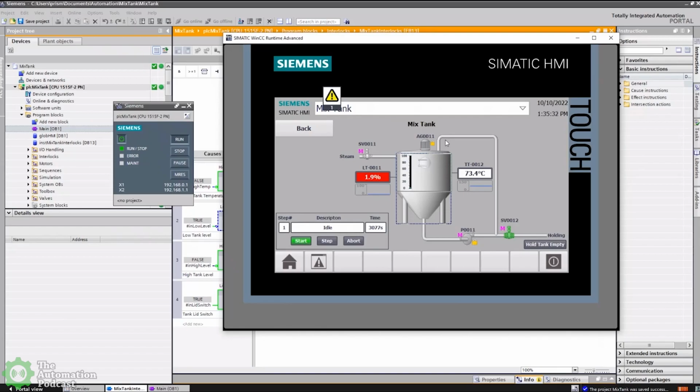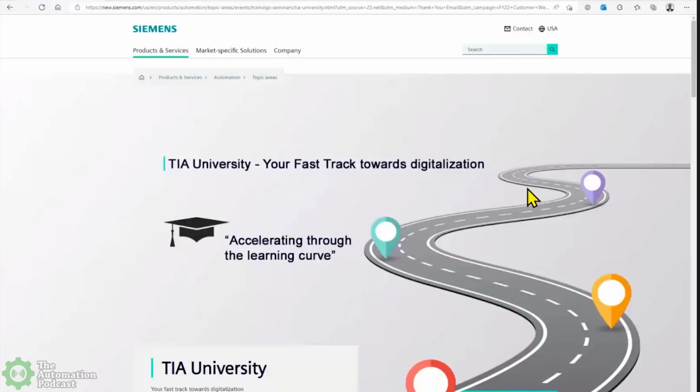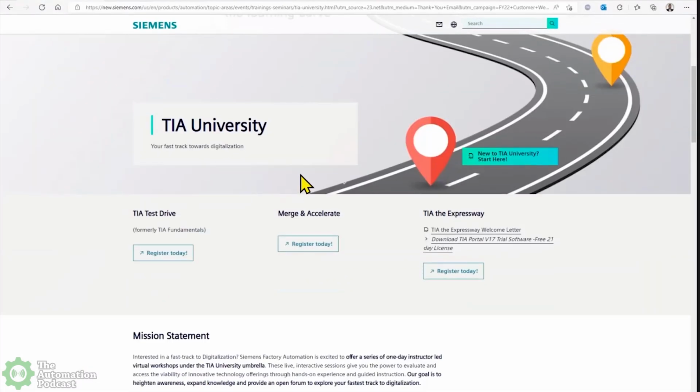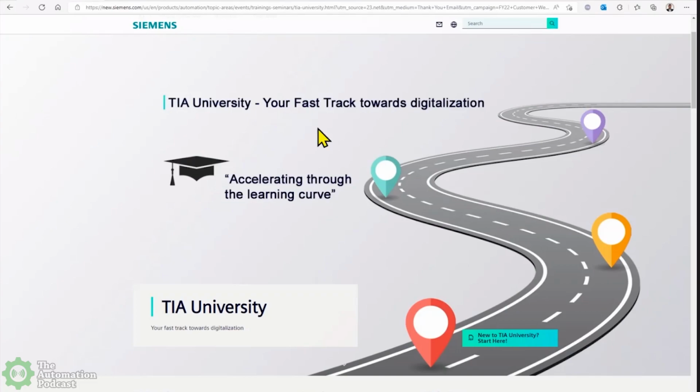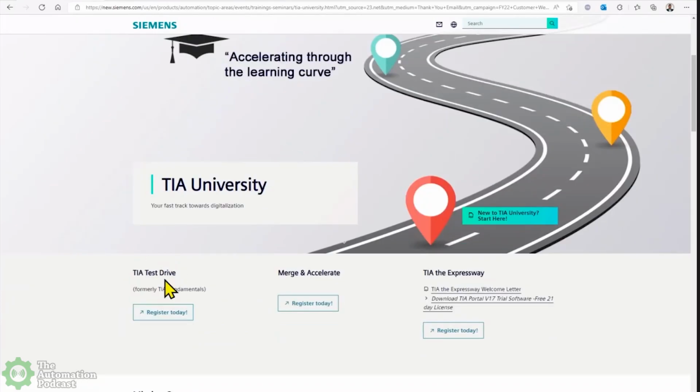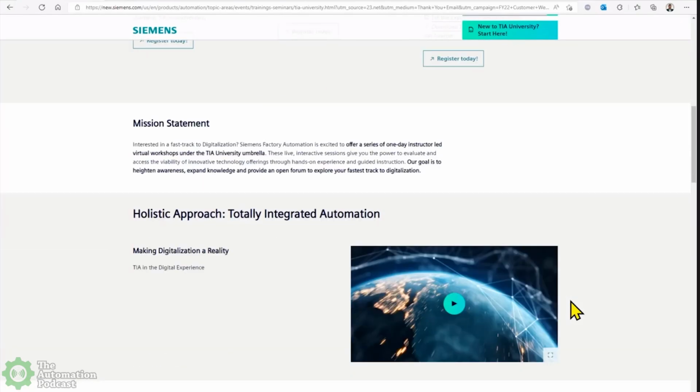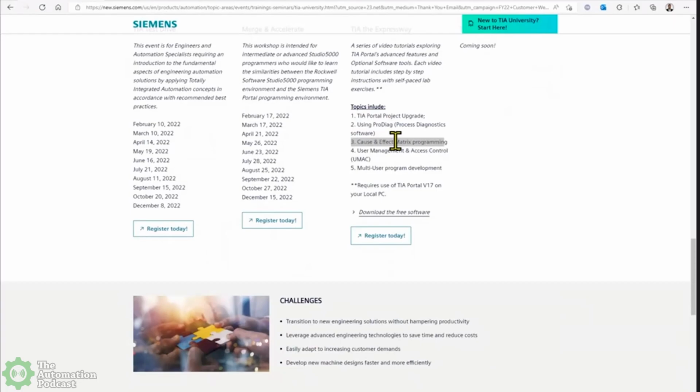The other thing is Ron and I have set up, along with Don Wilson, TI University. I don't know if you've ever seen this, Shawn, the Siemens TI University. I haven't actually gone through the classes, but yeah, I've seen it. Okay. So for your listeners, if they jump to this TI University, it's a Siemens training getting started page, and there are some fundamentals on TIA Portal. Ron's done some deep dive comparisons of what the other guys do with AOIs in Studio 5000 or Logix Designer versus TIA Portal. And then on the Expressway, Ron's done some videos,